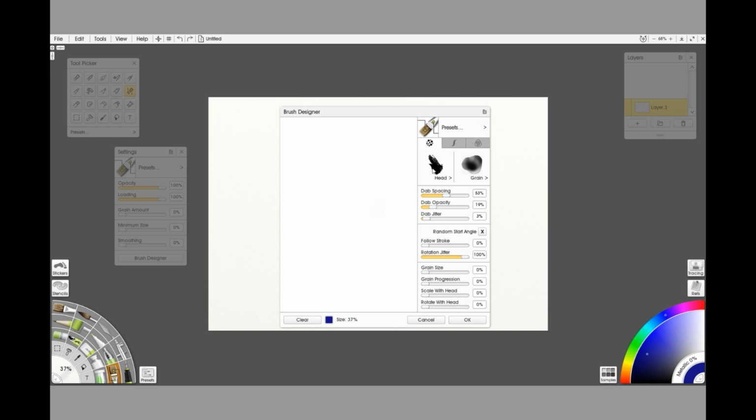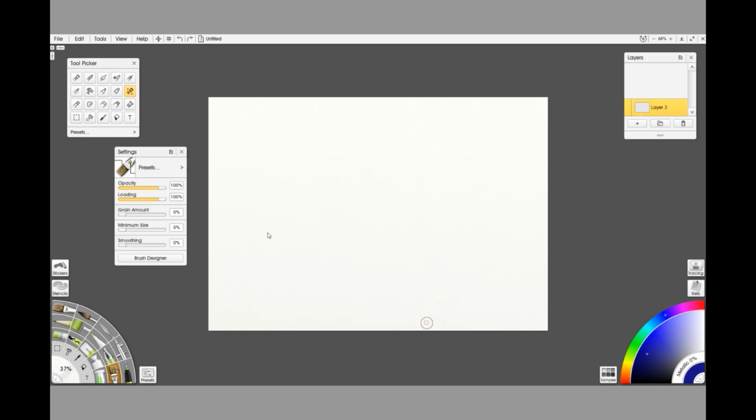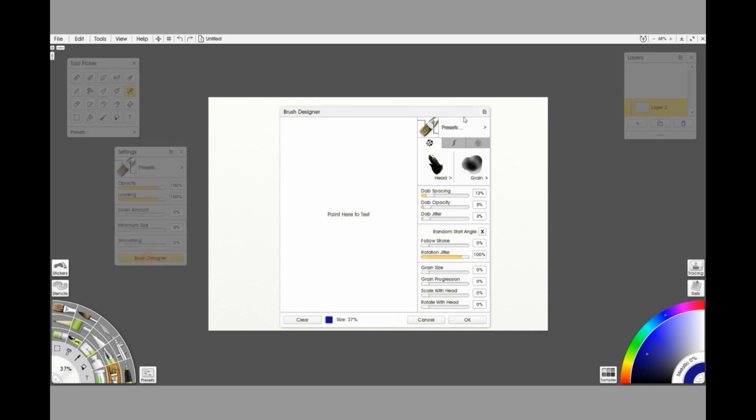So I found the easiest way to make sure that you don't lose your settings constantly is to actually start with a blank preset brush. So you can skip using one from settings, you can go straight to brush designer and just fiddle with this until it drops back to preset, and then you can do what you want. You can see what it's doing there, we don't want to do that. Brush designer,